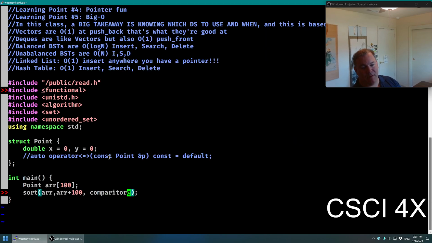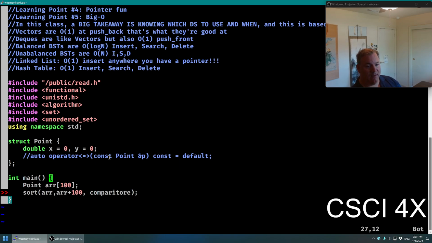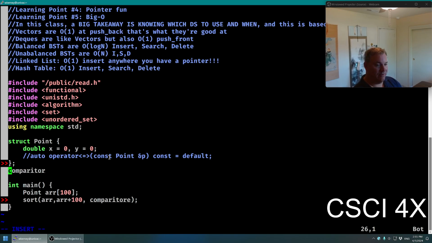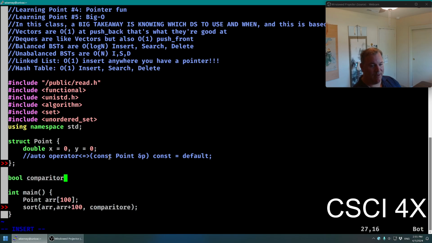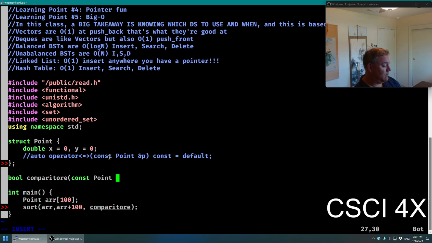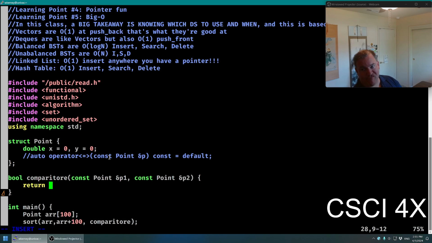comparatore. I don't know. And then I'm going to have a function called bool comparatore that's going to take in a const point by reference p1, const point by reference p2, and it's going to return p2.y is greater than or equal to p1.y.